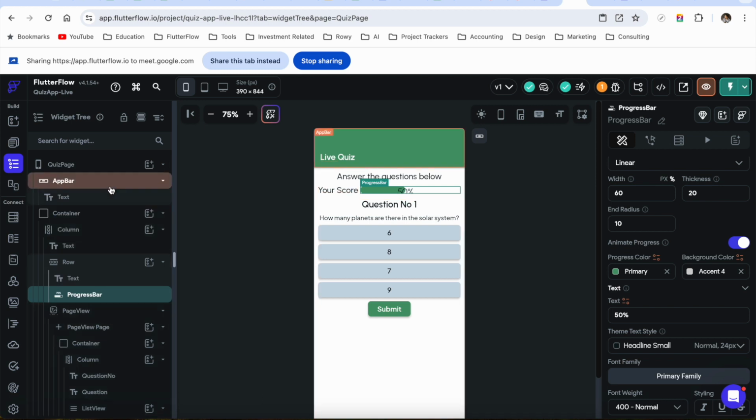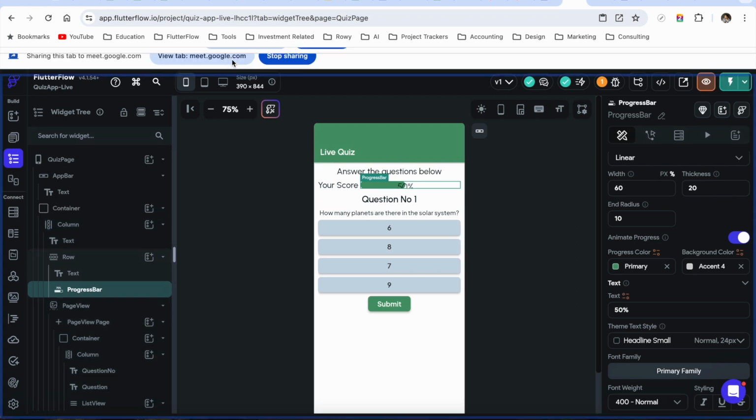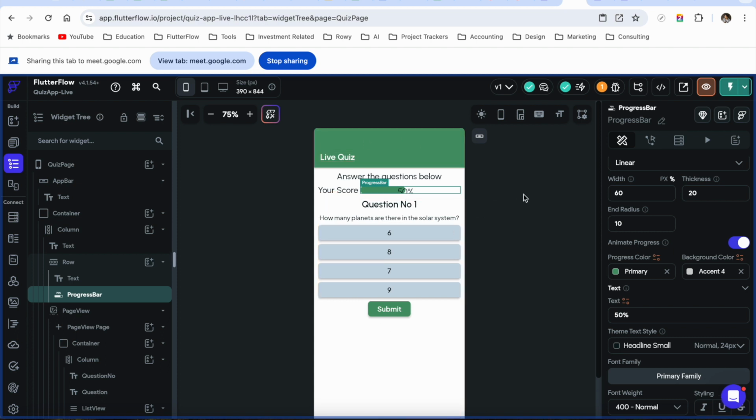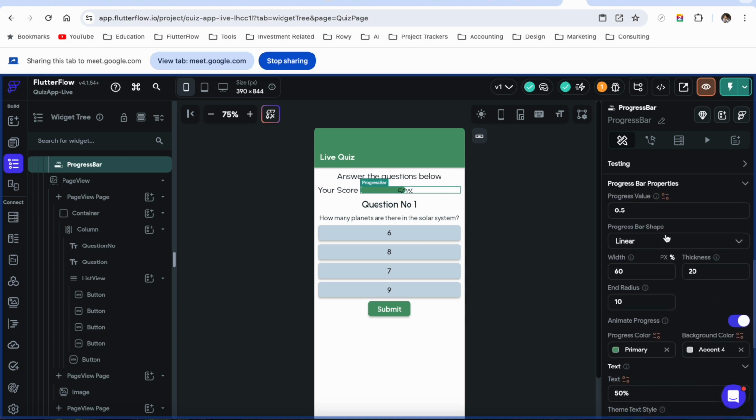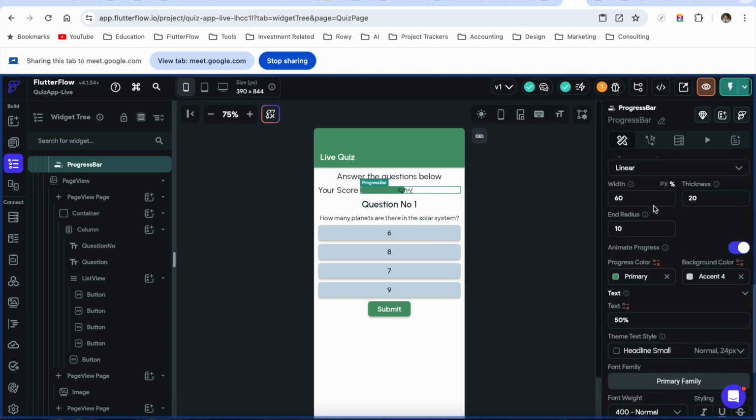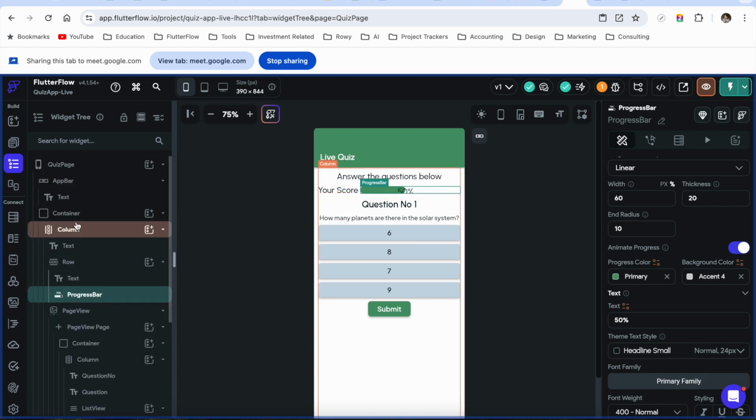Now the data, how do we connect it over here? So the data that we added just now, you saw it in the Flutterflow interface. Okay, sorry, this tab I was not sharing. What I showed here was that this width over here, earlier this was 100, right? I've changed this to 60% so that the overflow error does not come, right? Now connecting the data part,